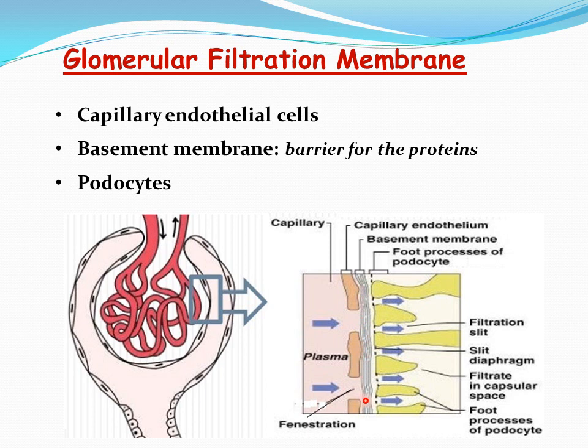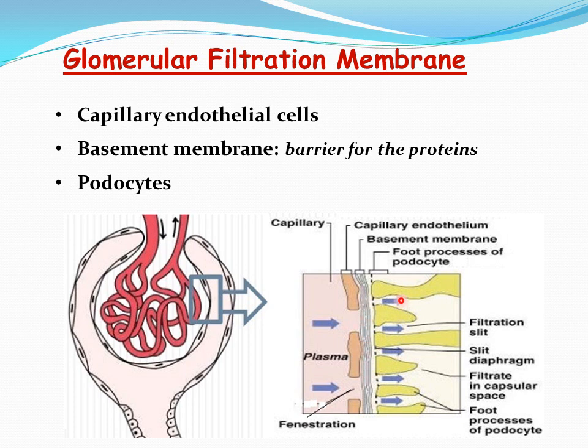Then come to the basement membrane, present between the podocyte epithelium and the endothelium. Basically, it is a matrix of collagen and proteoglycans or glycoproteins. It is a very thin membrane, and it also has thin pores. You cannot see them, but they are of size around 6 to 8 nanometers. Another important thing is that this basement membrane is made up of negatively charged proteins. So again, this membrane can also repel negative substances.